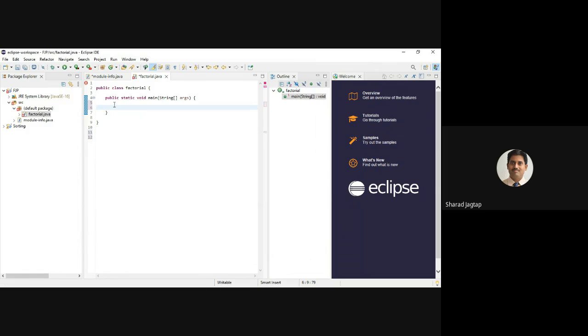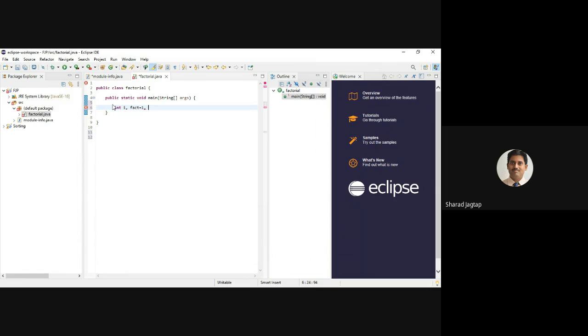So here we are writing our program. Initially we require one integer to get our number, suppose integer i. Then we can use one variable, suppose a fact variable, and its initial value is 1.